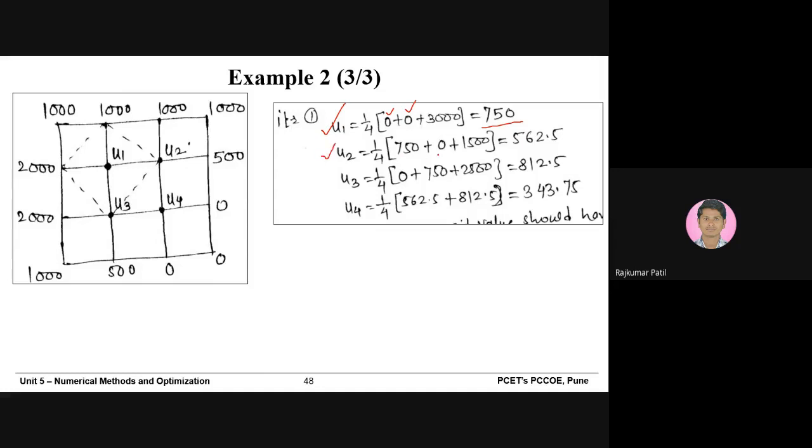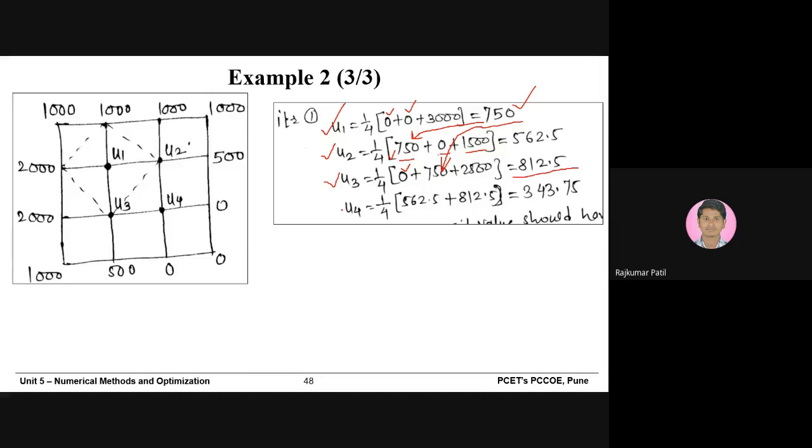For U2, 750 plus 0 plus 1500. So what we did here, as we are using Gauss-Seidel, for U1 we are using the latest value. So instead of putting 0, we have the latest value 750, so that's why we are putting 750. Then U3, so U4 is 0. Then instead of U1, you put the latest value for U1 as 750 plus 2500, so U3 is equal to